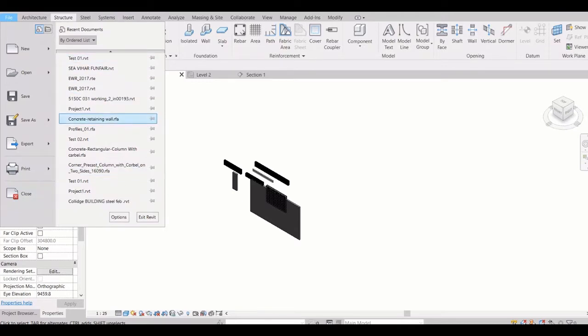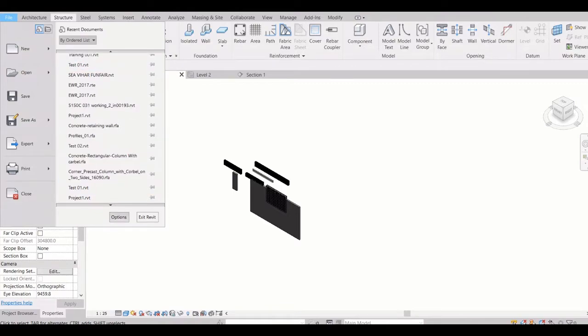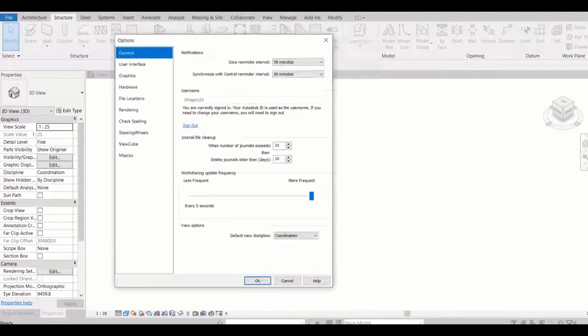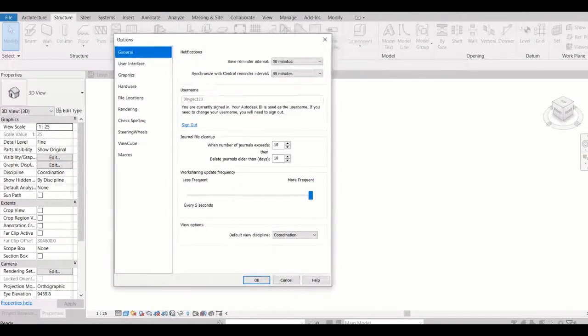Then we go to here, you can see all the recent projects whatever we have open over here, right? Then options. Okay, so you will notice when you open any file, it will notify you to save.